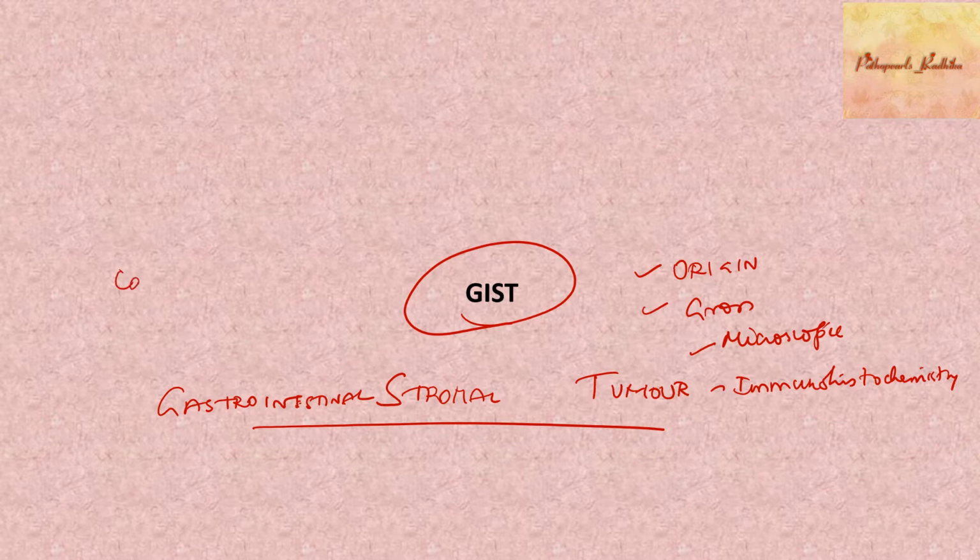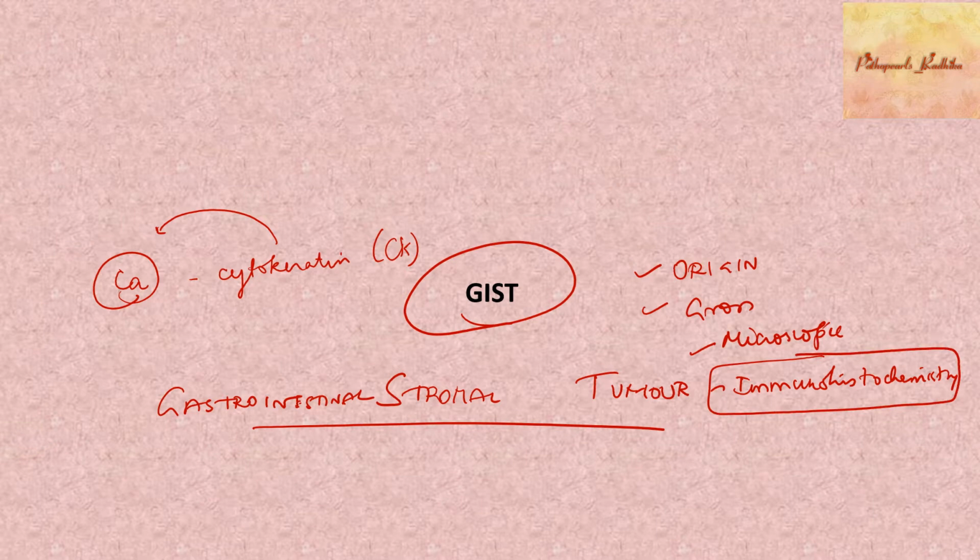Suppose I say carcinoma, usually carcinomas are positive for cytokeratin or CK. So these are markers which help in identification of the origin of a tumor. To understand better, let me tell you something. If you have a lymph node that you have excised and you are seeing under the microscope, you see sheets of atypical cells and you don't know whether it's a carcinoma, a sarcoma, or a melanoma. Then you go for an immunohistochemical marker. They're like a signature for that particular tumor or cell.